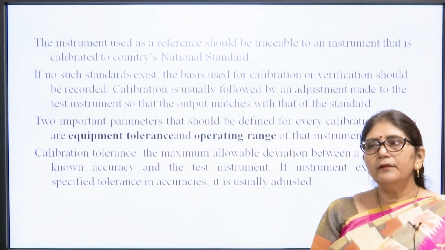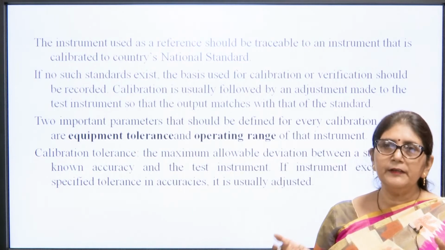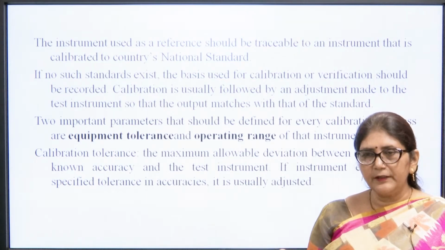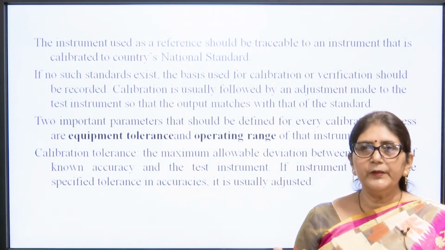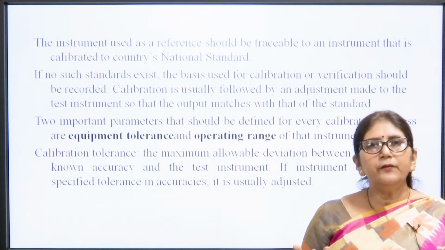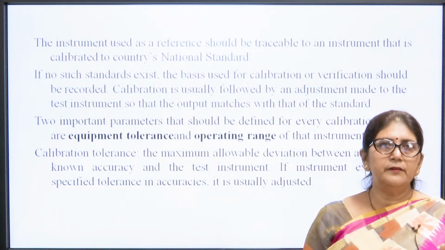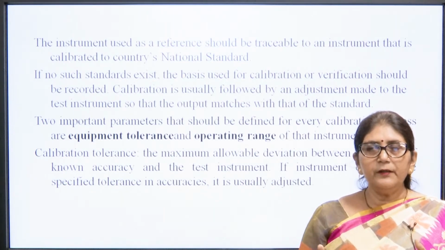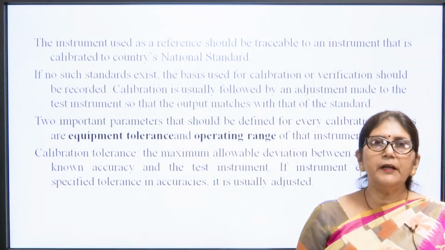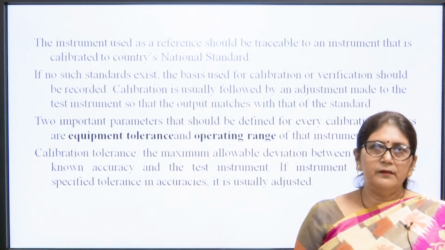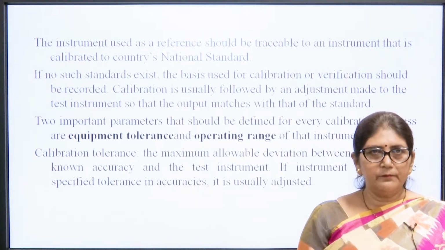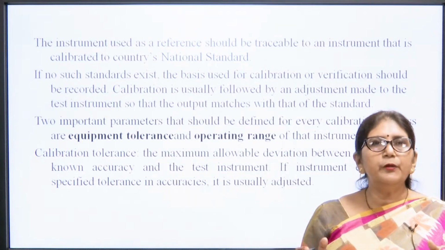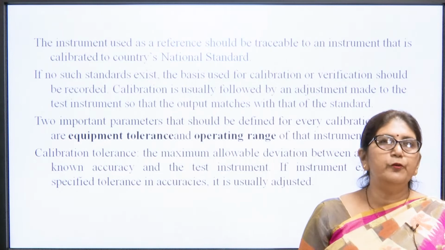So, generally in an industry, suppose there are 100 voltmeters. These 100 voltmeters are required to be calibrated, but we can't send all 100 voltmeters to the national laboratories, because our instrument should be comparable with the instrument that is placed at the national standard laboratory of any country. So, what we will do is, out of 100 instruments, we will select 5 voltmeters or 10